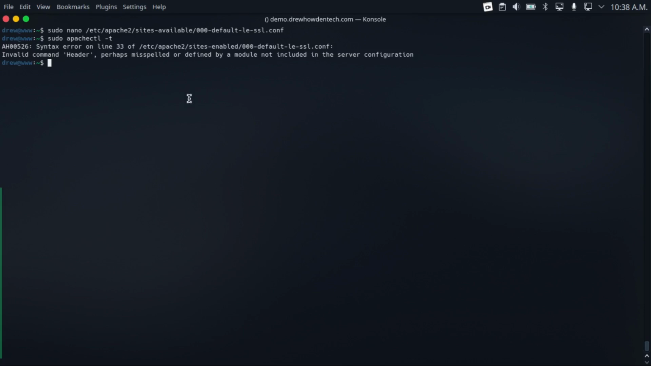Now, in order for that new line to work properly, we've got to enable the headers Apache mod with sudo a2enmod headers, like that. And now that we've enabled that mod, we can test our Apache configuration again. Yep, syntax okay. Now just restart Apache with sudo